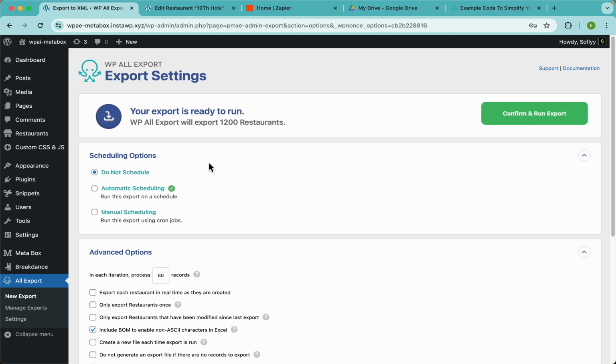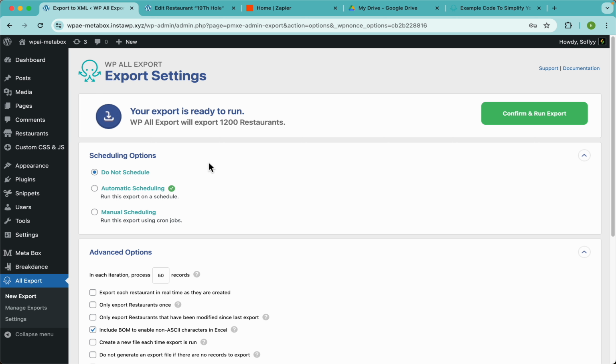And guys, this is pretty cool because maybe you need to export certain data on a regular basis, right? Maybe you need to do it daily or weekly or whatever. And you don't want to do all of this process every single time. And actually, when you're rerunning an export, WPL Export makes it very easy. But maybe you just don't want to do it manually, right? You just want to be sleeping or eating or doing whatever and let WPL Export do its thing